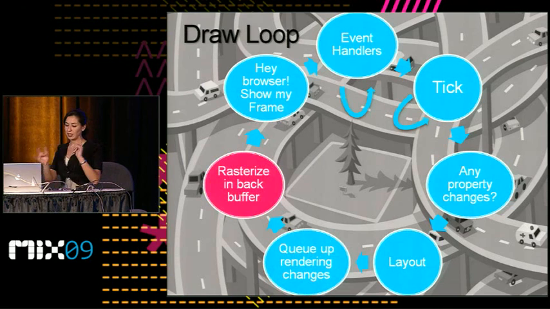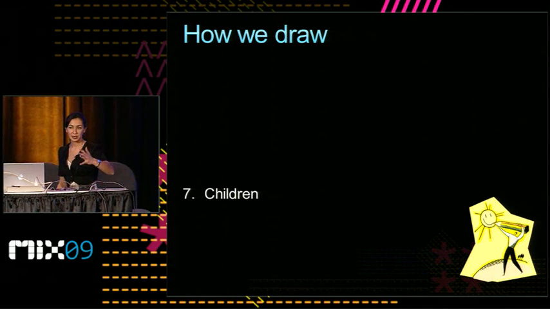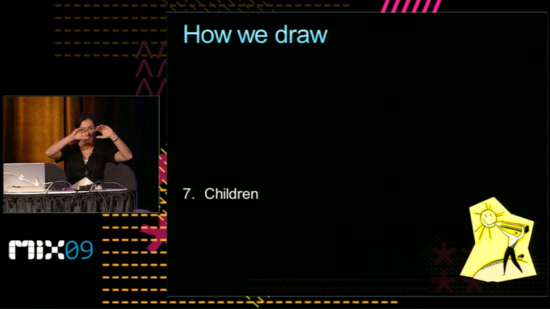We don't rasterize them individually. And then we identify how to stitch all of those changes together, and then we give the browser the frame to actually present. In hardware, this would actually be handed to the GPU to present. So this is all basics here. So we start off with rendering